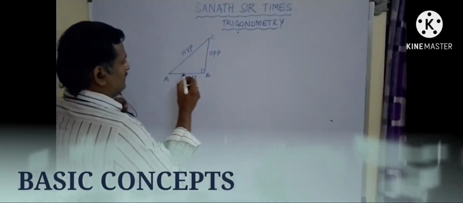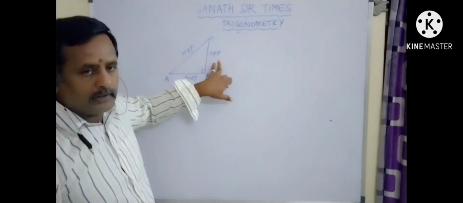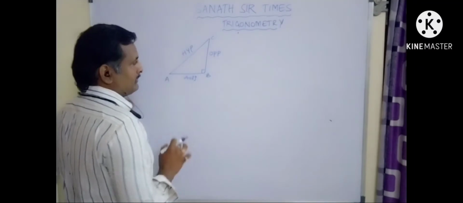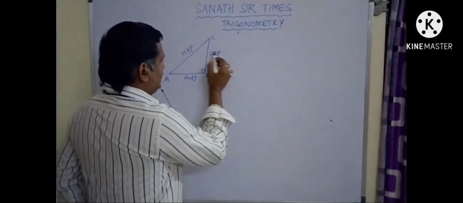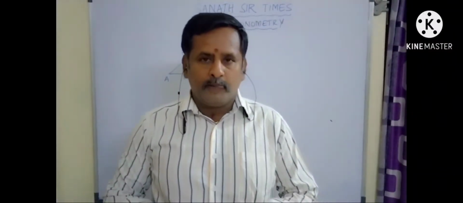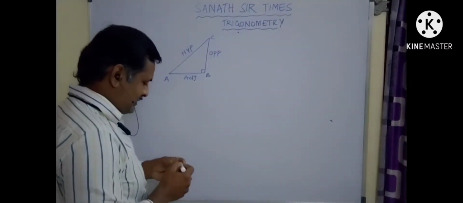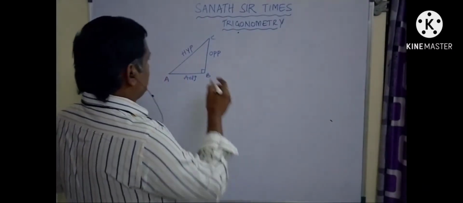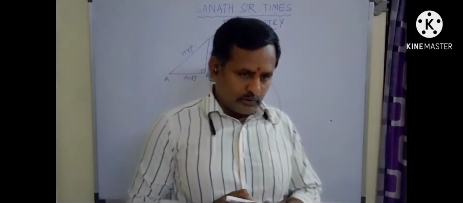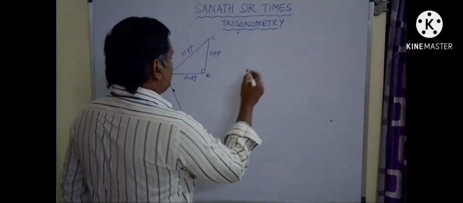Now, again, this triangle ABC, this is the opposite side. I am shortly writing it as OPP, and this is adjacent. This is hypotenuse. When you have three different values with you, you can form six ratios. What do you mean by ratio? Numerator by denominator, we call it a ratio. But we have got three values, so we can frame six ratios using those three sides of a right angle triangle.